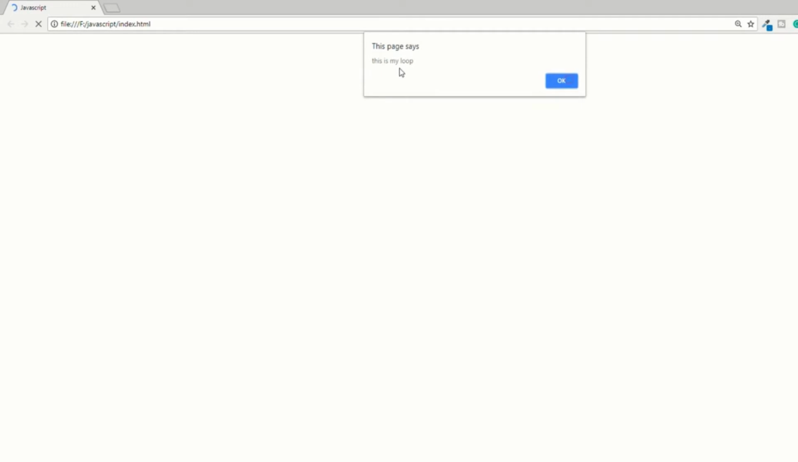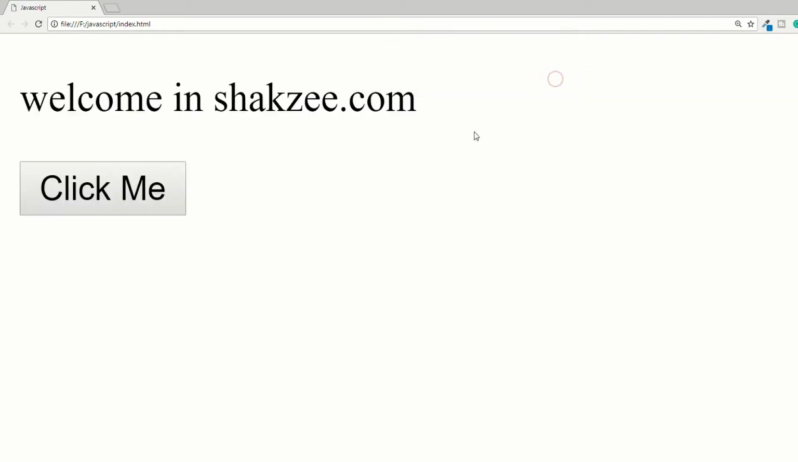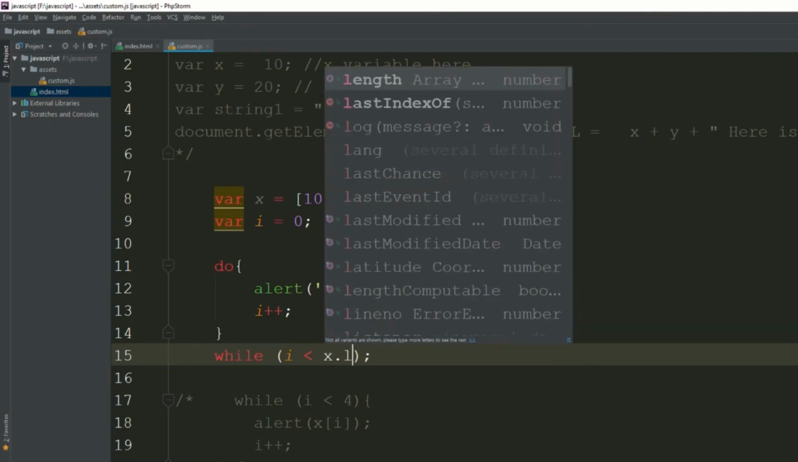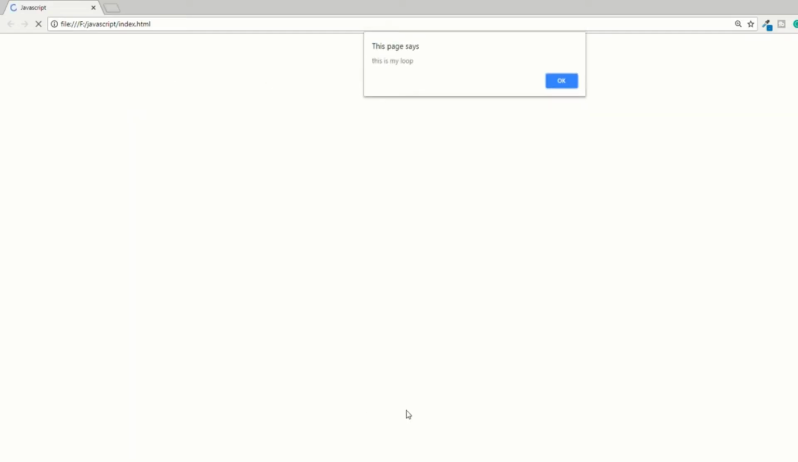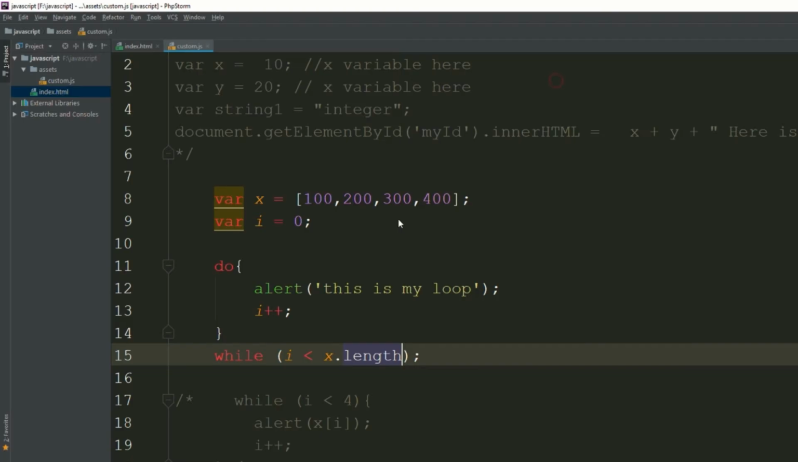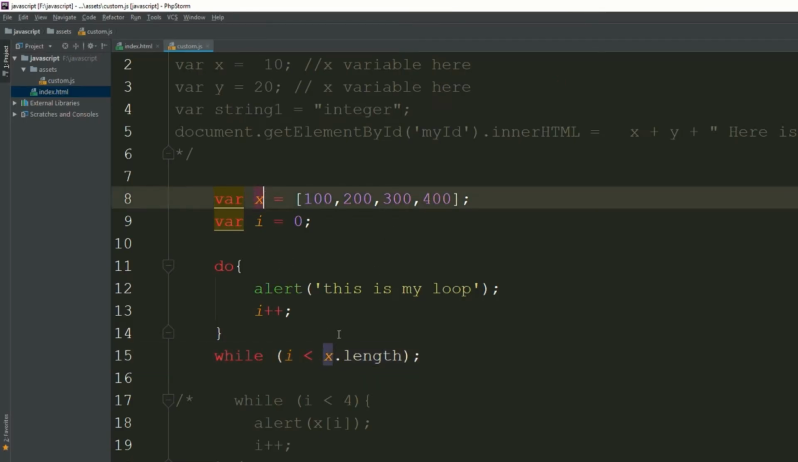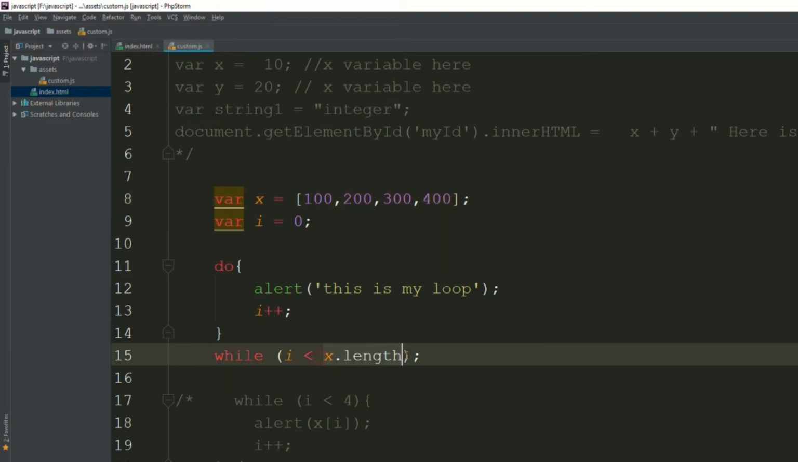Okay, second time, third time, fourth time, and fine. If I'm saying x.length, that means go to your page, refresh the page. One time, second, third, fourth, because you have 4 values in the x array variable. So now if I'm saying x less than or equal to, or for suppose greater than,